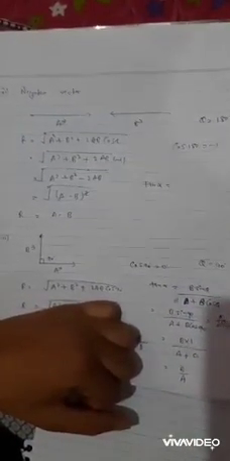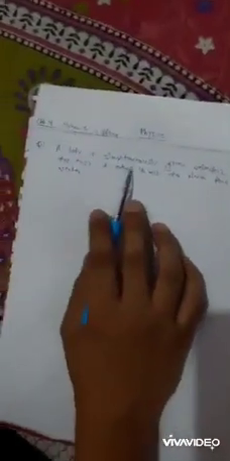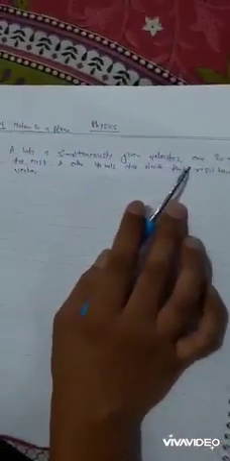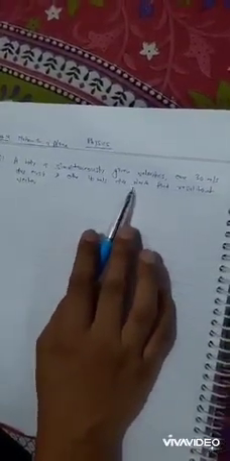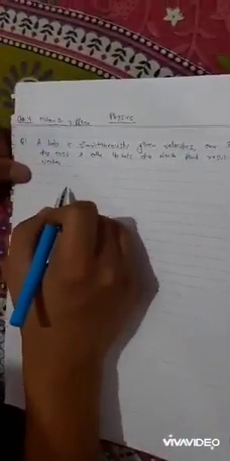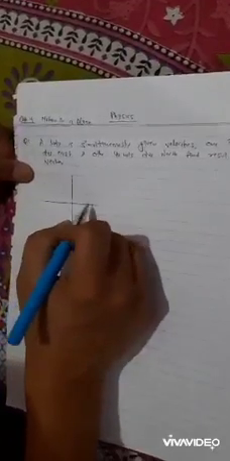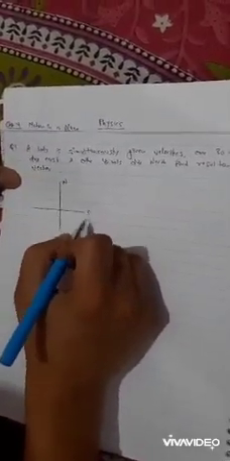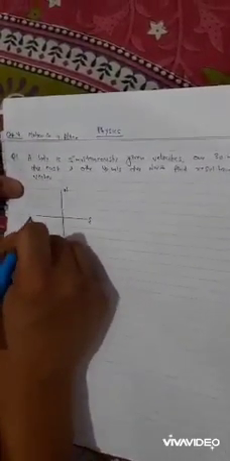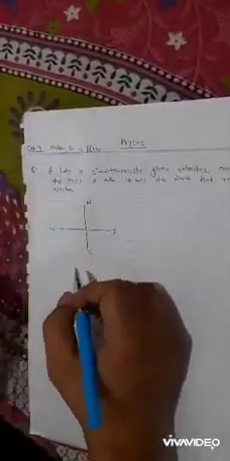These are some special cases, and now we are going to do some numericals so that your doubts can be cleared. The first numerical: a body is moving simultaneously with velocities of 130 meter per second due east and 40 meter per second due north. Find the resultant vector. First of all, we should know about the directions: north, east, south, west.